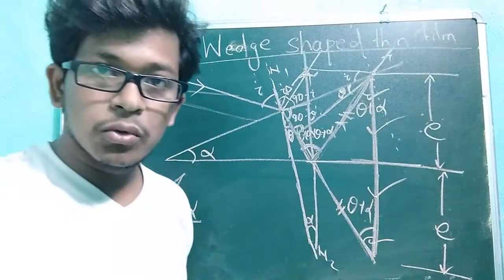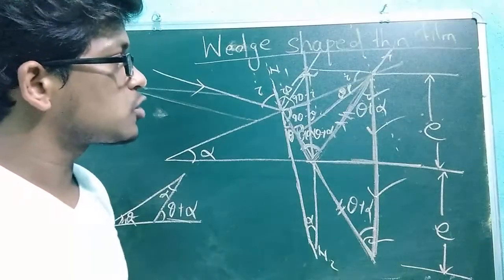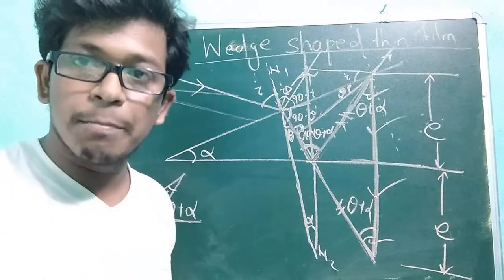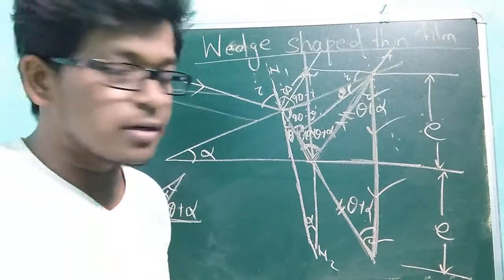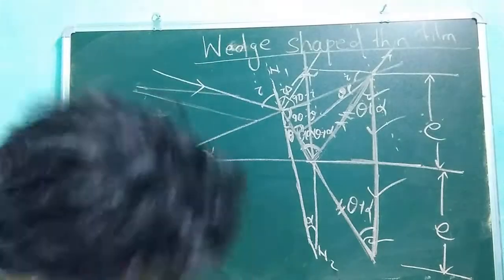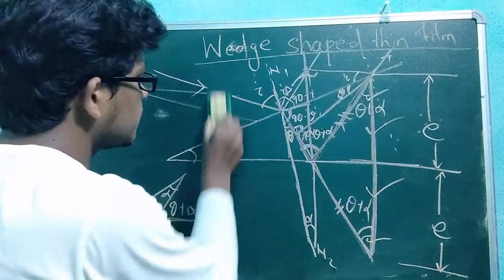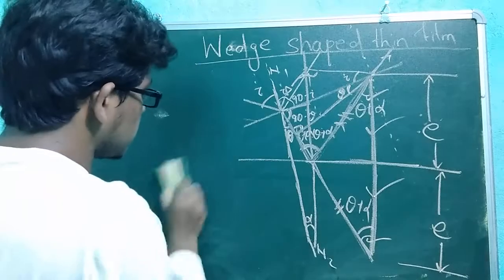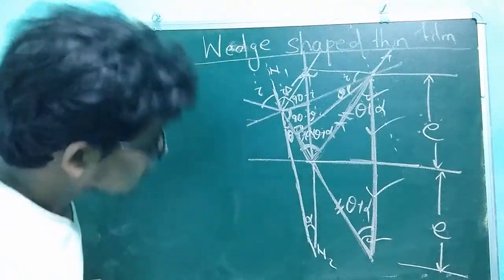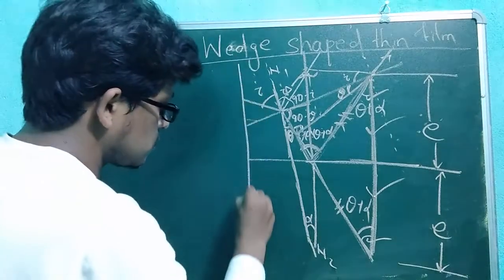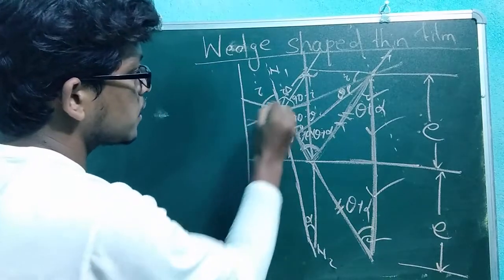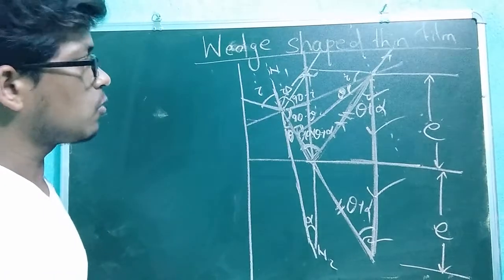And try to remember this figure, or else while you are practicing, draw it on a rough paper, then go to the expression, the derivation. You can understand easily. So I am keeping it inside, just wiping out this much so that I can do my expression. So remember that this light is coming, and now we will do the